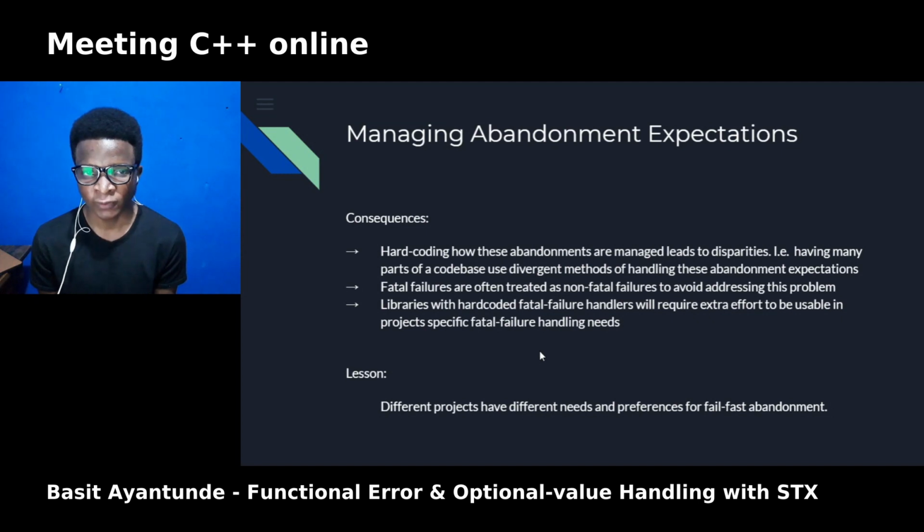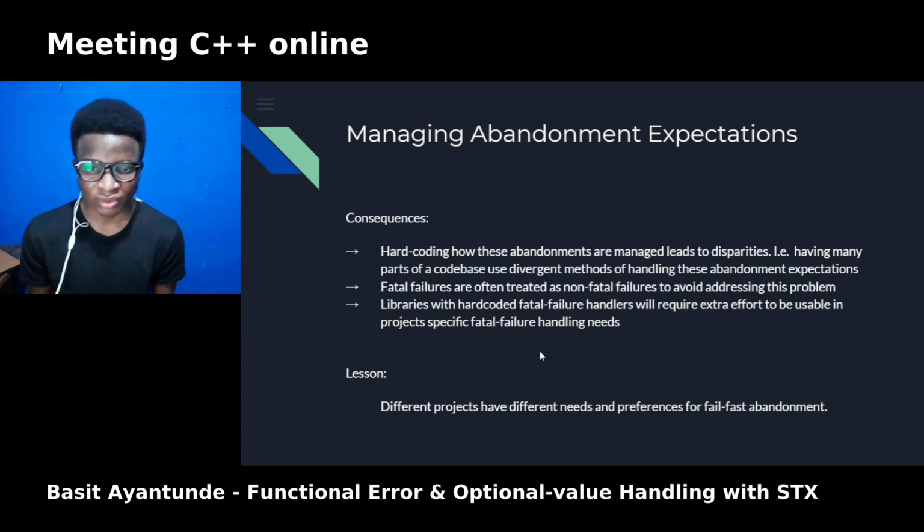So there are a number of consequences to managing these abandonment expectations. First of all, there are a number of challenges or consequences to manually hard coding these abandonment expectations.